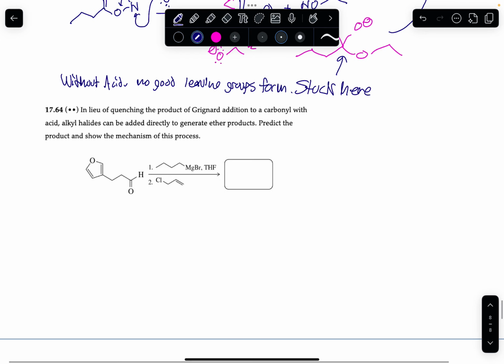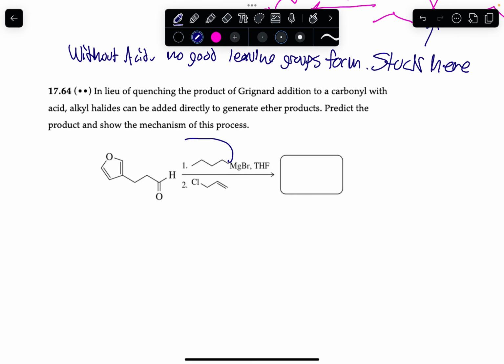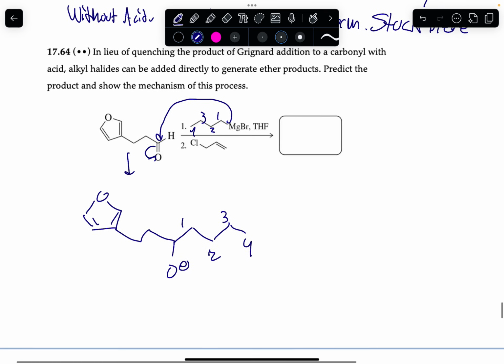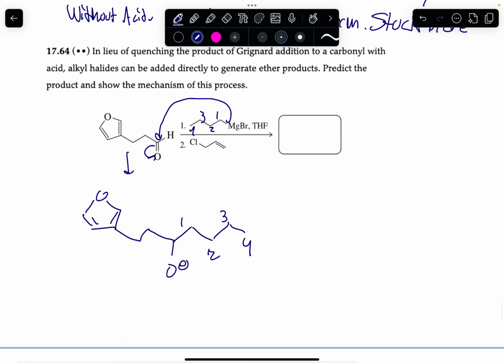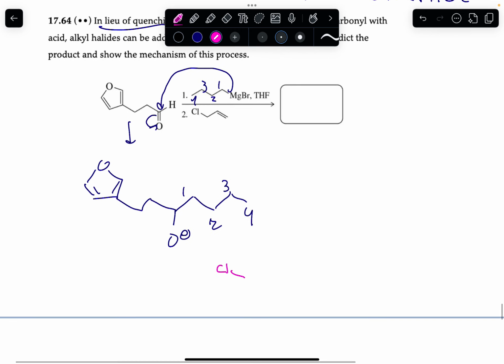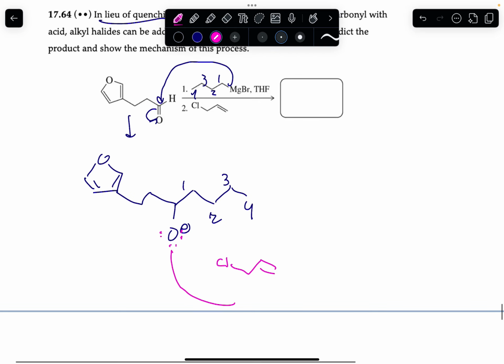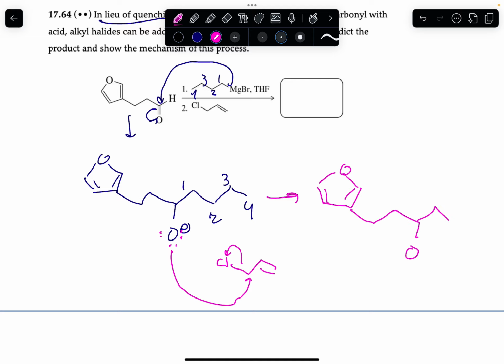All right, last problem. In the practice exam, we have a Grignard reagent, which can go ahead and react with that aldehyde. We've seen that several times before. Adding 4 carbons, so 1, 2, 3, 4. And then this problem notes, right, if we don't have an acid quench, so in lieu of quenching the product, that's telling me that we're not gonna protonate this alcohol, but we're actually gonna use it to attack in kind of an SN2 mechanism to form this product